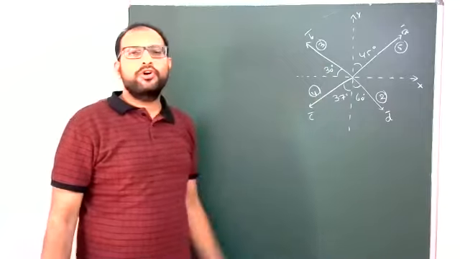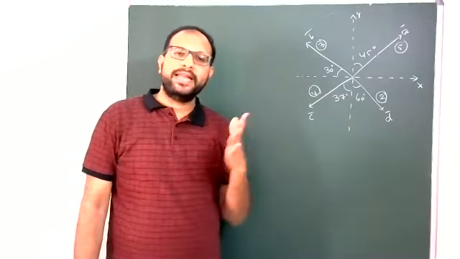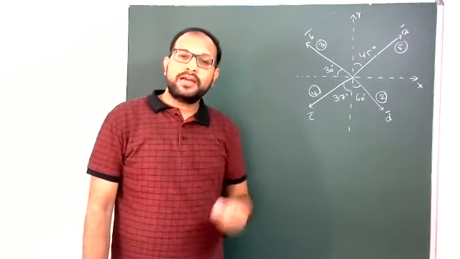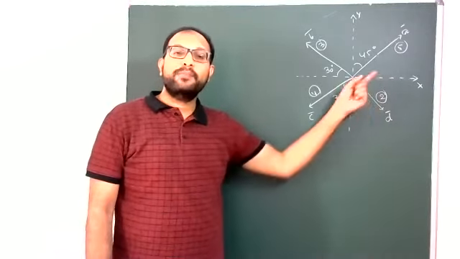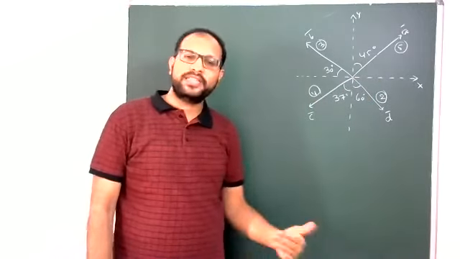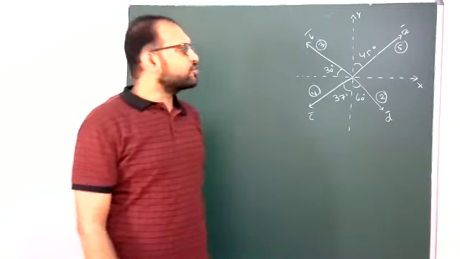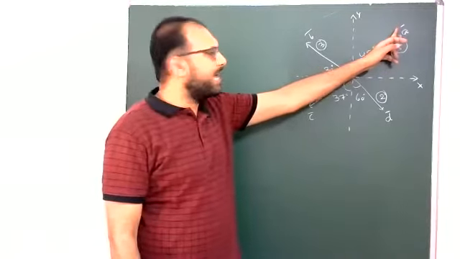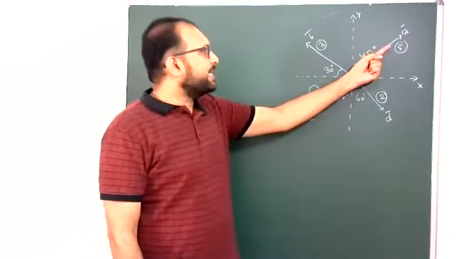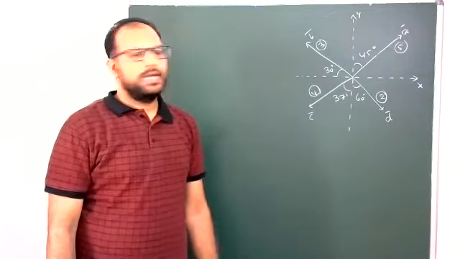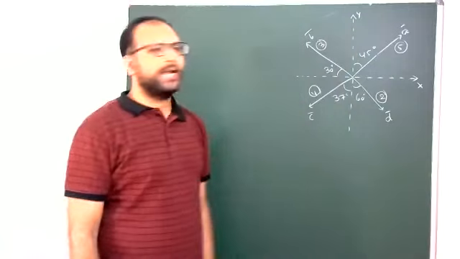1, 2, 3, total 4 vectors I have taken. These 4 vectors are in the xy plane, and the magnitudes are already mentioned near each vector. The angles made by these vectors with the particular axis are also mentioned. So now resolution, one small revision. Students, first take vector A bar. Its magnitude is 5. Now it is in the first quadrant, so after resolving you will get a positive x component and a positive y component.